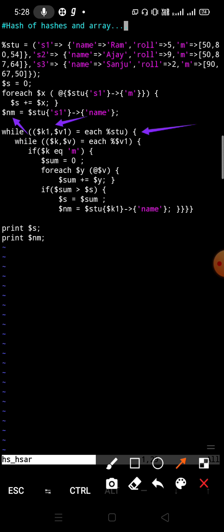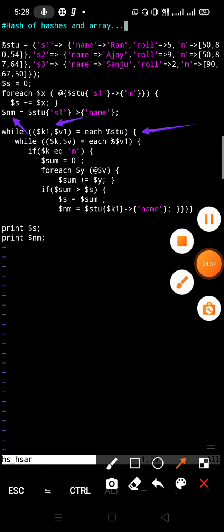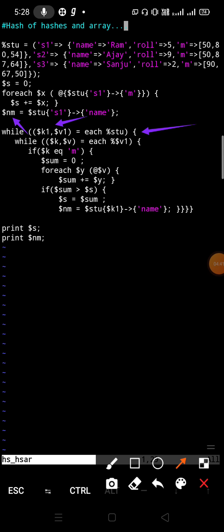As you can see, inside the %stu students' record, three individual hashes are present. Each hash contains key values s1, s2 and s3, and each hash contains some values. Inside the value of each hash there are three elements: name, role and marks.